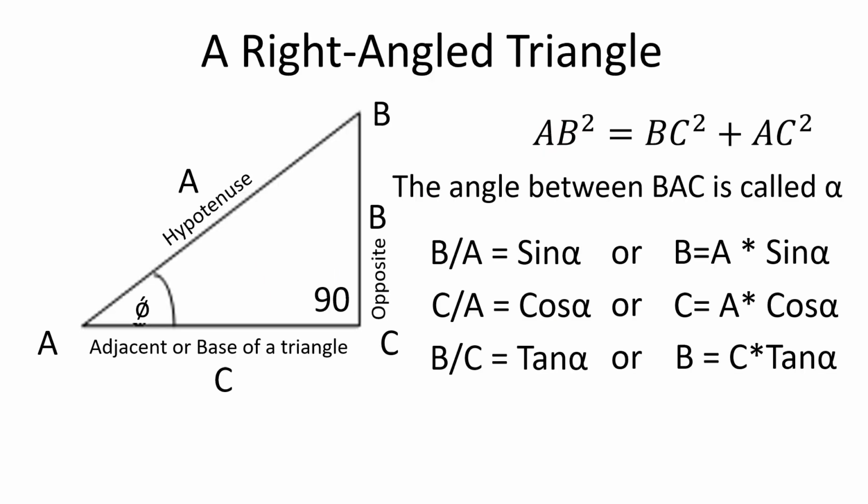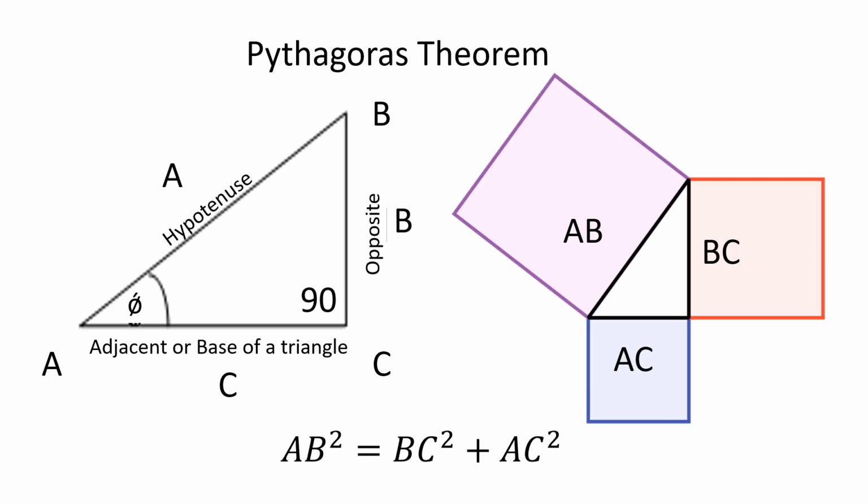Before we go any further, it is necessary to understand a little about the basics of a right-angled triangle. A right-angled triangle is a triangle that has one angle equal to 90 degrees. A right-angled triangle also follows the Pythagoras theorem. According to the Pythagoras theorem, the square of the hypotenuse in a right-angled triangle is equal to the sum of